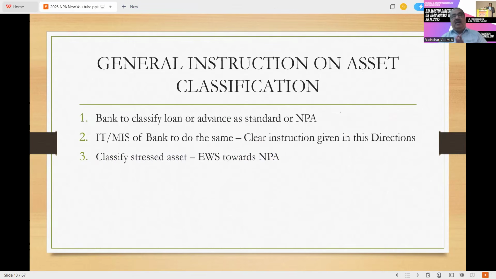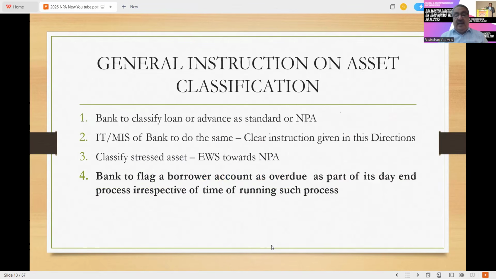I used to say that an early warning signal is the raw material, and if there is any fraud due to this, then that is called a red flag account. The next stage is the red flag account. A red flag account is the working process, and fraud is the finished product. This is from the fraud angle, but EWS is the starting point towards the NPA if it is a stress